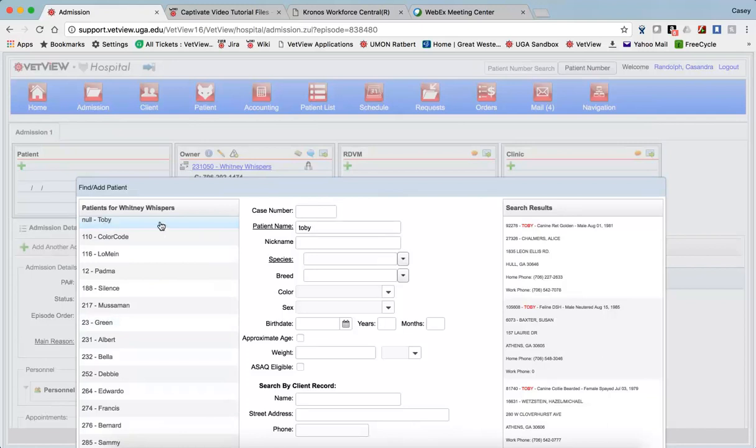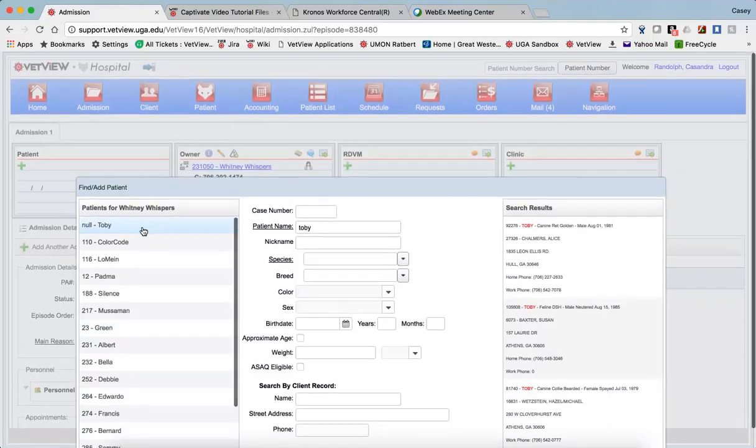So if I'm not sure if this is the same Toby or not, because sometimes even if you ask a client if they've been in the hospital before, or if they've referred that patient to our hospital before, they may not remember having done so. Or it may even be that their referring vet has begun a referral before, and for whatever reason they chose not to bring the animal in. So if you're not sure, you might want to start by clicking on the Toby that has been begun before,